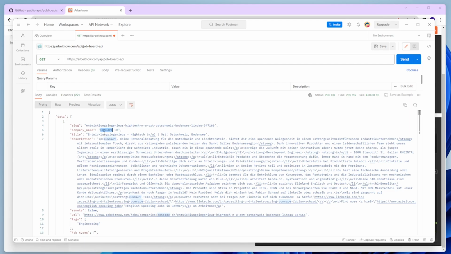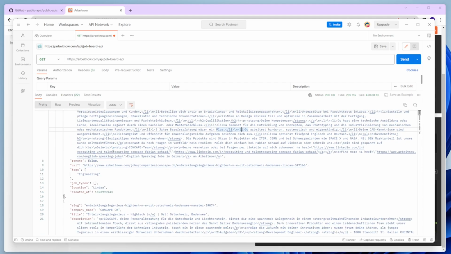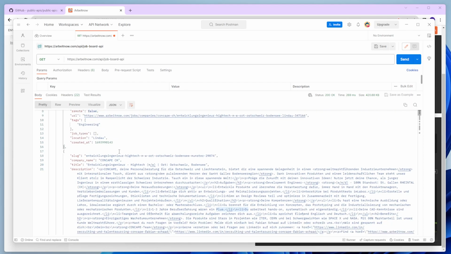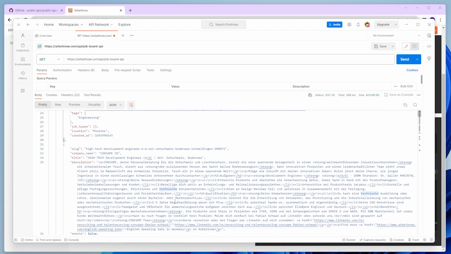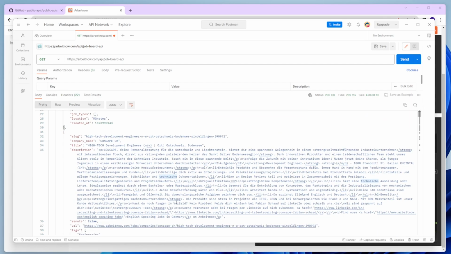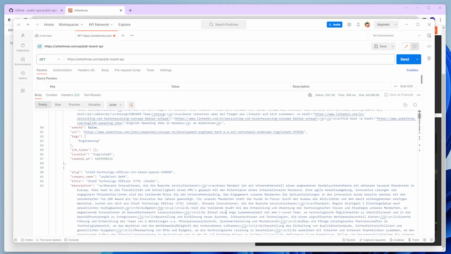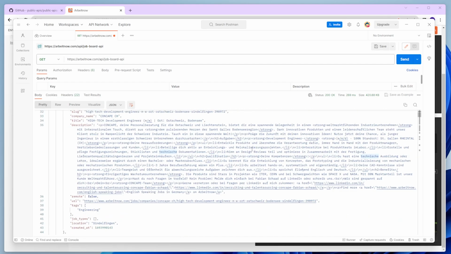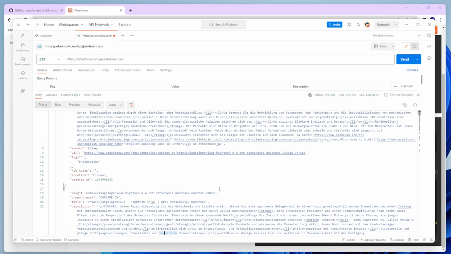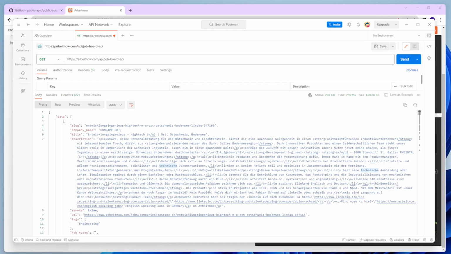Then we have the company name, the title of it. We have some description. We have another job, which again is another company. These are not in English, but it's okay for our purpose here. Let's see if we find something in English, but I don't think so. All right. So as this works now, we need to extract this and we need to build a process to